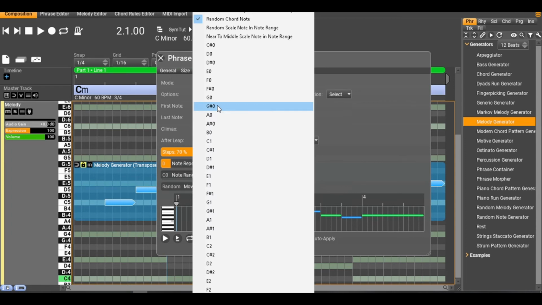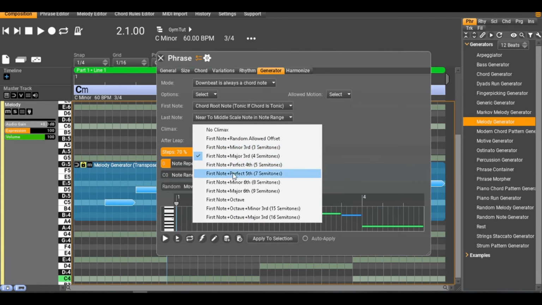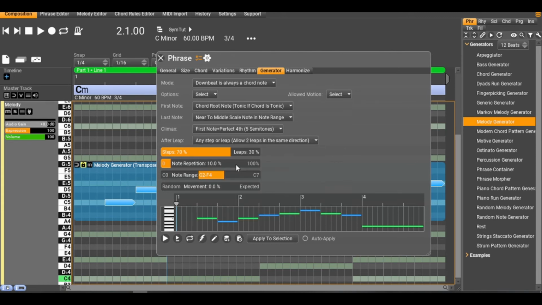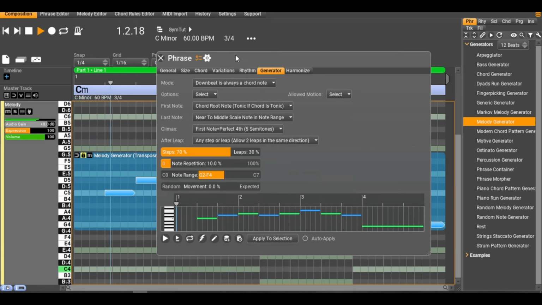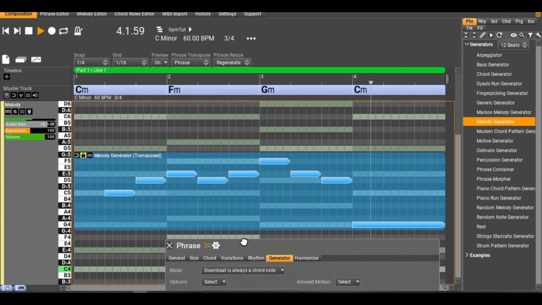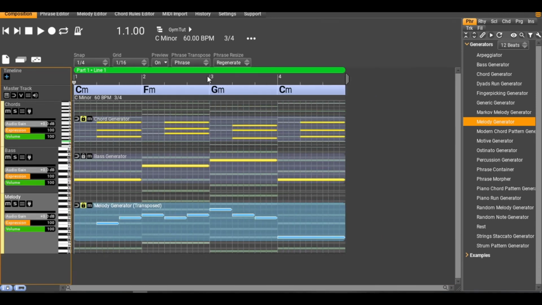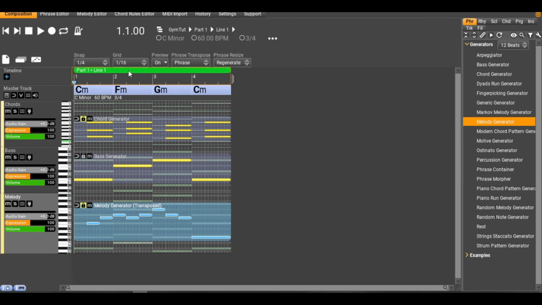However, there's more we can do with the melody to smooth it out. Where the melody is the centerpiece of your composition, and it's a slow composition, you don't want lots of leaps or skips between the notes, because it pulls the listener out of the smoothness of it. You'll notice there that we've got first note plus perfect fourth for the climax. The first note's a chord note, the root of the chord, and the last note is somewhere in the middle of the scale. That's done because we need to go into the next part,